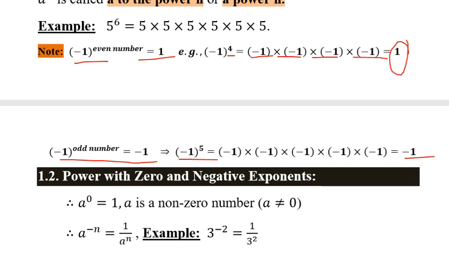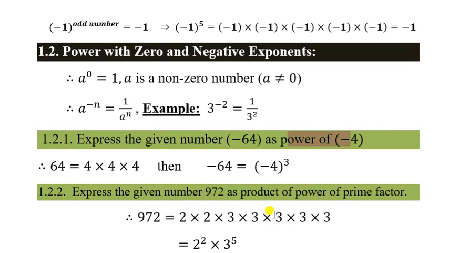Now, we'll discuss different kinds of power and negative exponents also. See, it's very important. Any number to the power 0 is equal to 1, and remember this, that number will not be equal to 0. That's why I mentioned here a not equal to 0. Something to the power 0, that means minus 2 to the power 0, 1 to the power 0, 3 to the power 0, 100 to the power 0, lakh to the power 0, 2009 to the power 0. Always you will get 1. Something to the power 0 is equal to 1. Okay.